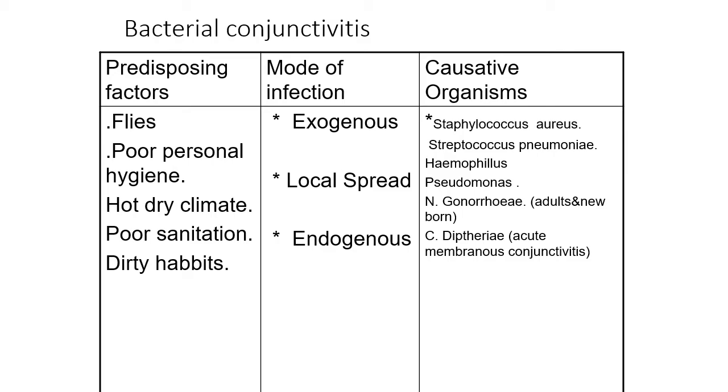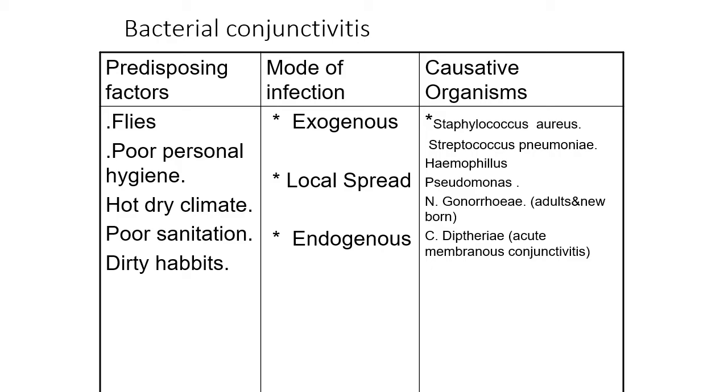Then Streptococcus pneumoniae, that is pneumococcus. It produces acute conjunctivitis usually associated with petechial hemorrhages. Then Streptococcus pyogenes, that is hemolyticus. Haemophilus influenzae classically causes epidemics of mucopurulent conjunctivitis, and that is known as pink eye. Then you can have Moraxella lacunata. It causes angular conjunctivitis. Pseudomonas pyocyanea is a virulent organism. It invades the cornea also.